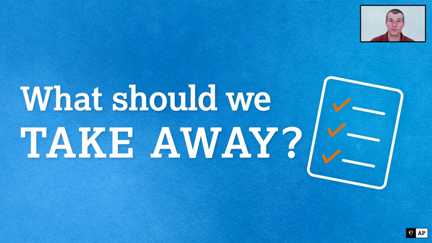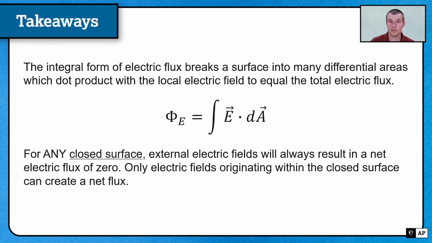So what should we take away from this particular video? Probably one of the biggest things is that the integral form of the electric flux is just a sum of all these differential area elements that have different angles. And conceptually, you understand what that means. But mathematically, we're going to solve much simpler cases. Also, for any closed surface, only the external electric fields, as we just talked about, are going to generate a flux. If ever it's inside of the object, that's going to be what results in net flux out of the